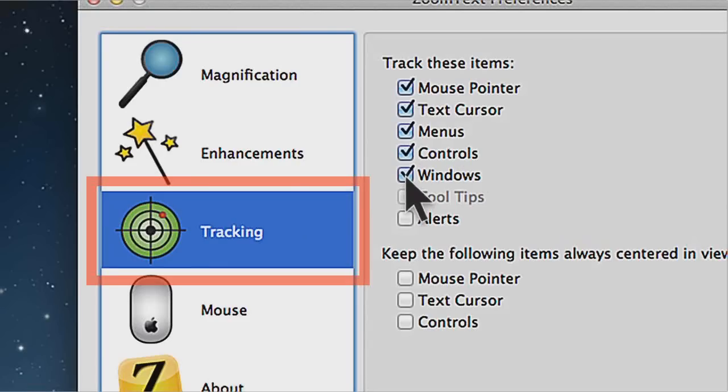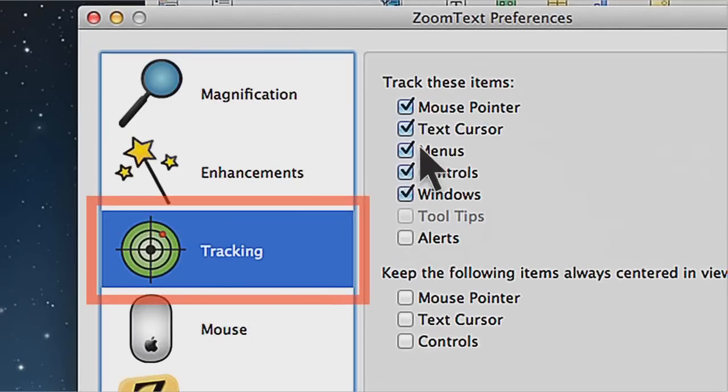Probably window would be one of the better ones, because when you open a new application, we're going to track to the upper left of the application window. Some people don't like that. If you're more of a mouse user, you might want to experiment with some of these. I'm going to say 98% of people are probably never going to touch these items, but they are in there